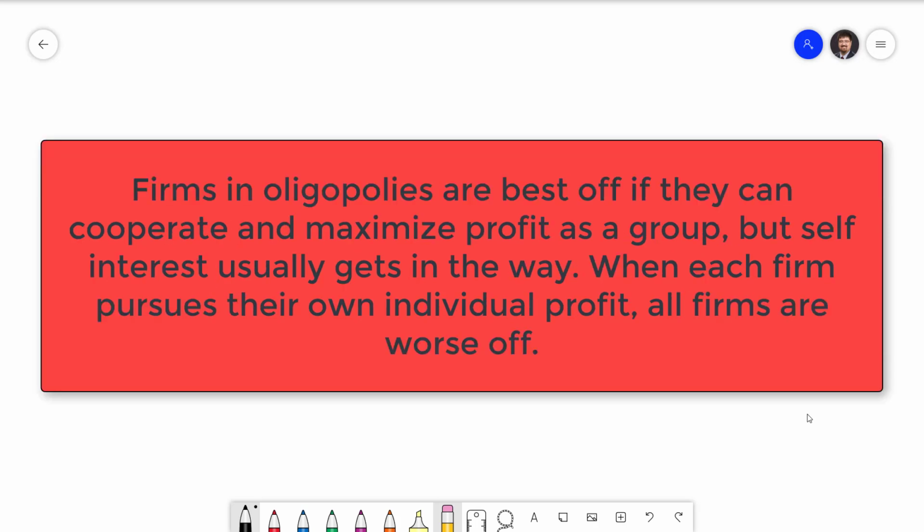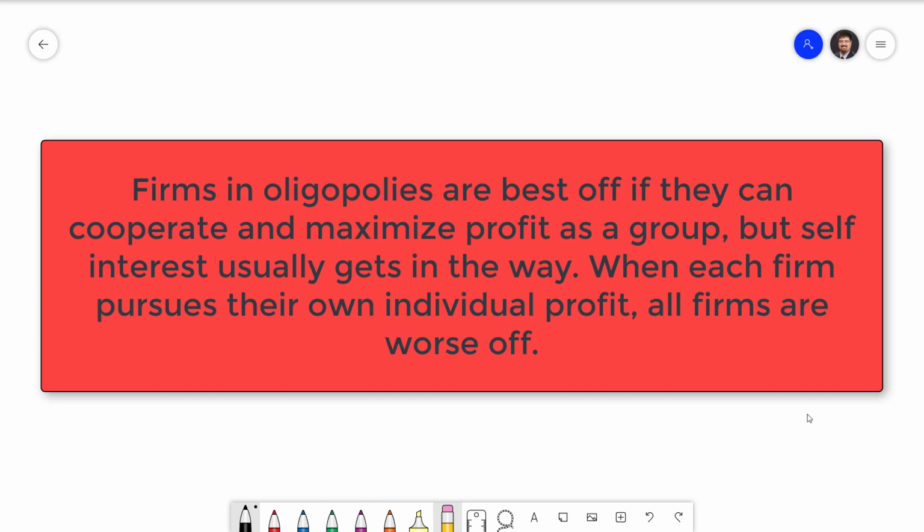Firms in an oligopoly would be collectively best off if they were to behave as a monopolist would. The monopoly outcome is the best possible outcome on the firm side. In order to maximize their profit, monopolists produce a relatively low quantity so that they can raise the price. If firms in an oligopoly were able to coordinate, they could behave together as if they were a monopoly and